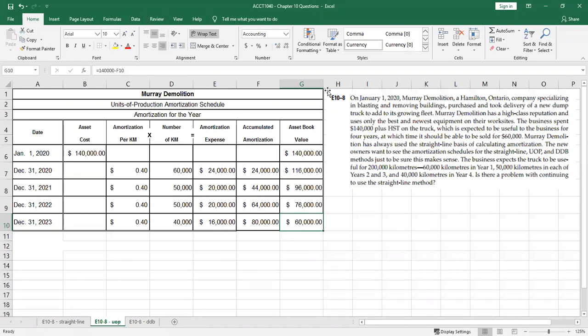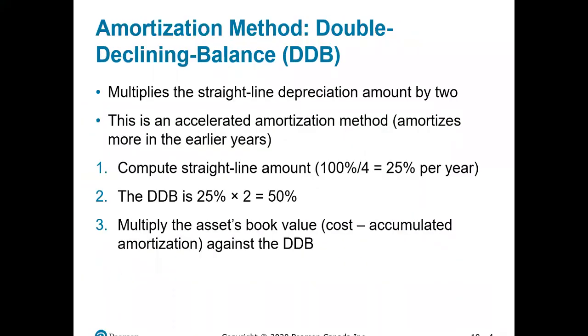The last method we're going to take a look at is the double declining balance method. And let me change the screen share back to those slides. And we'll give you a little bit of a refresher on this method. And remember, this method is similar to the first method, straight line depreciation method. But what we're going to do is take that rate that we calculated for the straight line amortization method and